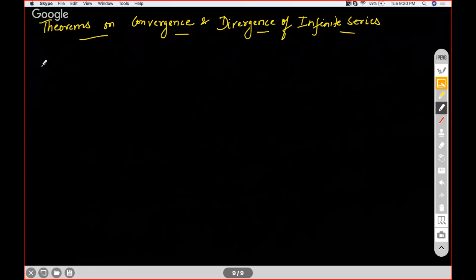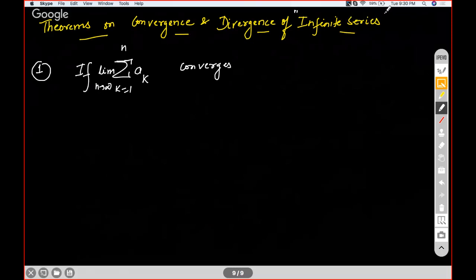Okay, first theorem is very important. If summation ak converges, of course, I will not write k equal to 1 to n tending to infinity. This is just a short form of what I mean. I've already mentioned it's an infinite series. So if the limit of the sum of ak, or a sequence, as n tends to infinity converges, then